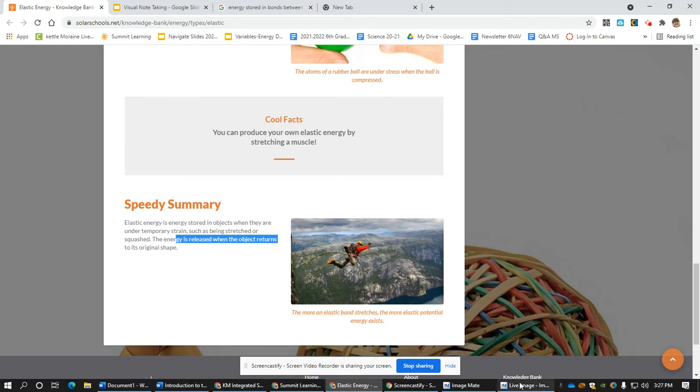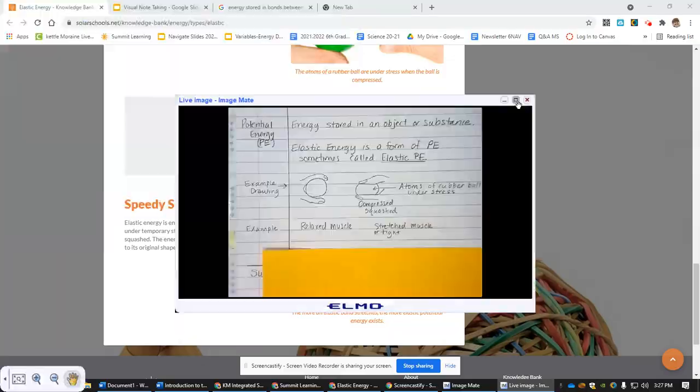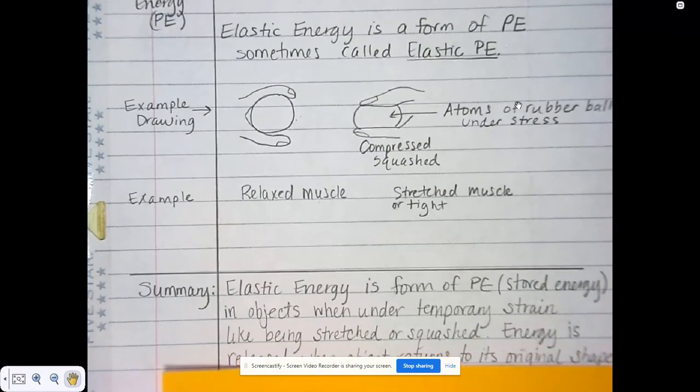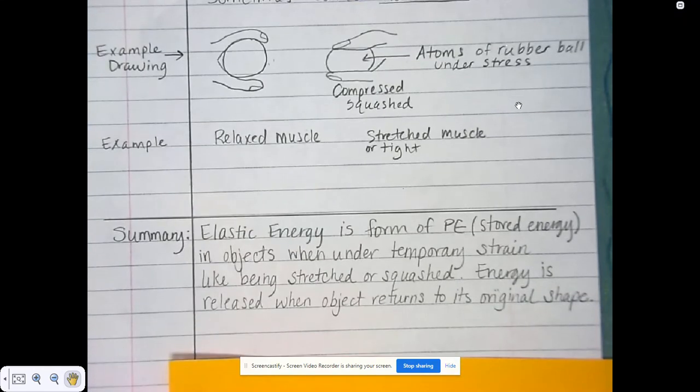So I'm going to continue and put that summary. So I always draw a line underneath. I put my summary. I don't have to write everything that was in that summary. I kind of look over and I try to figure out what was important. I know that when it was returning to its original shape, that was really important for that. So I write that for my summary. I'm going to have you pause it, make sure that you have all of that information on there, and then unpause it again,